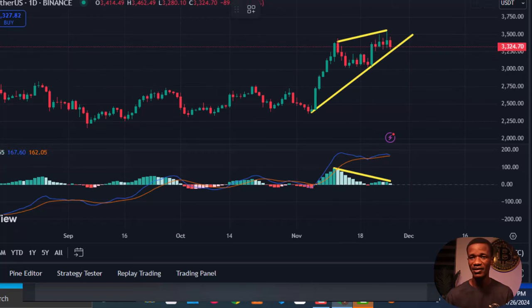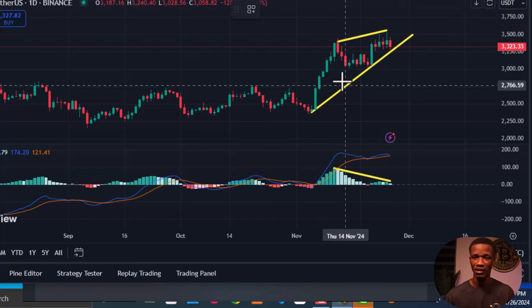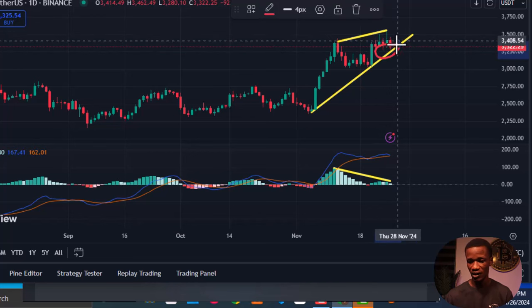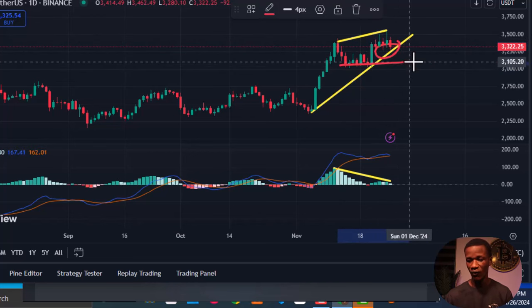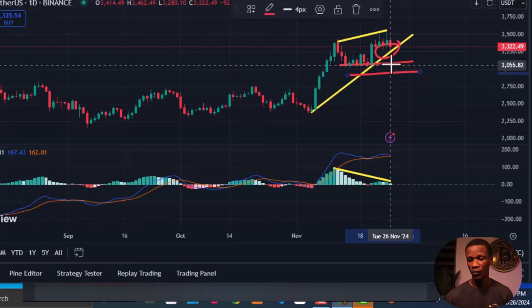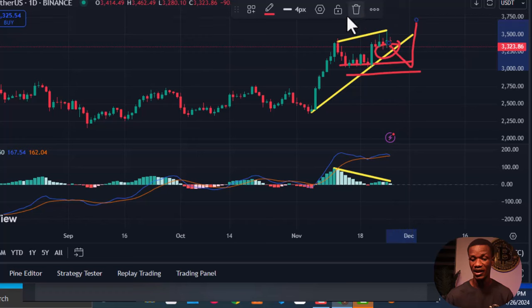Not an aggressive drop to the downside, but a significant retracement for all the impulse we've been seeing all this while. The market has to retrace and then move up again to the upside in the near future, maybe in the next coming days. And this is what I am expecting right now. So a breakout here will send the market into this very level of important support, that is the $3,100 level, and this point of $3,000 or 2,900. Within this zone, I'm expecting the market to come back down before continuation all the way to the upside on the